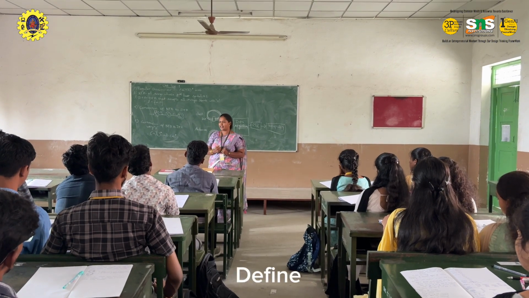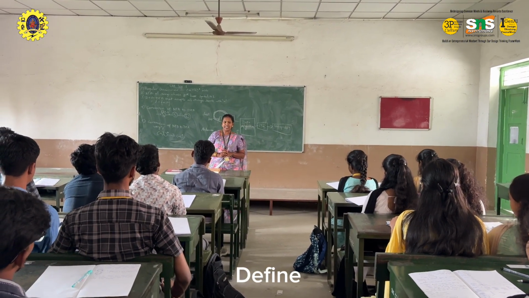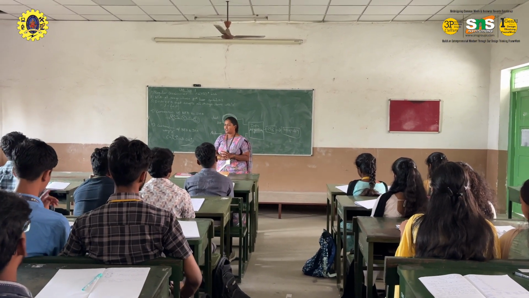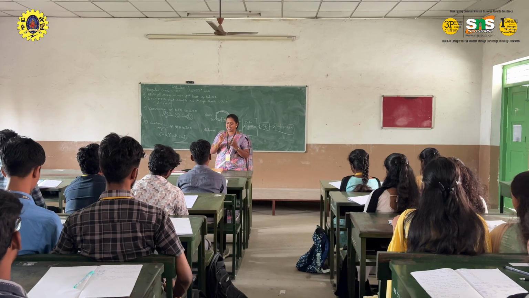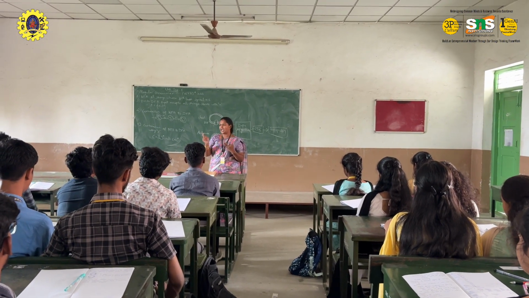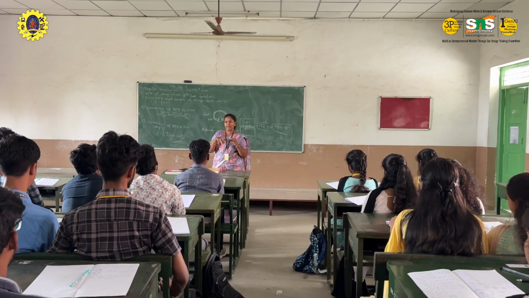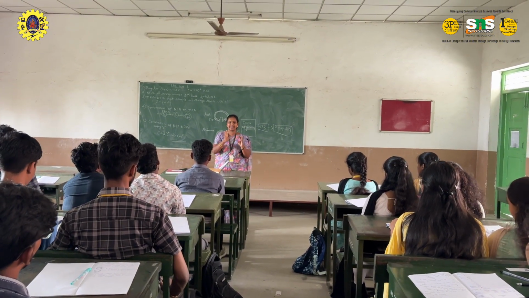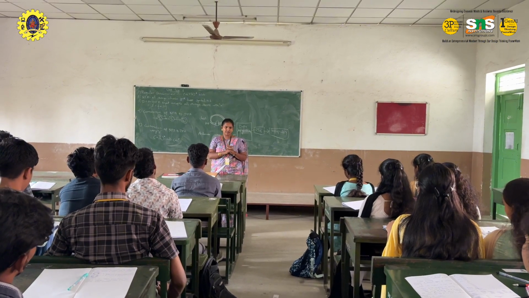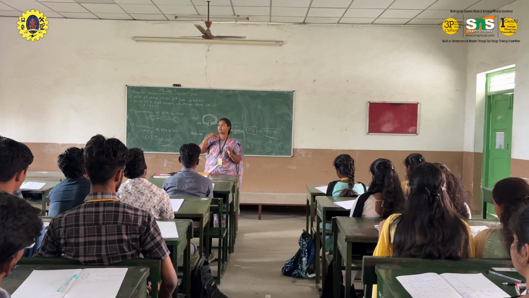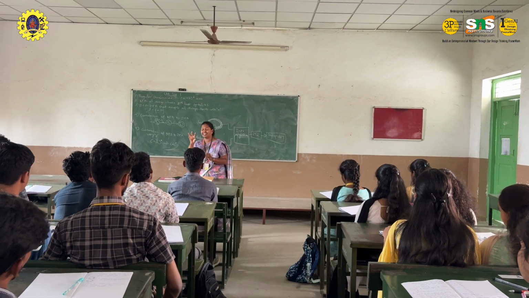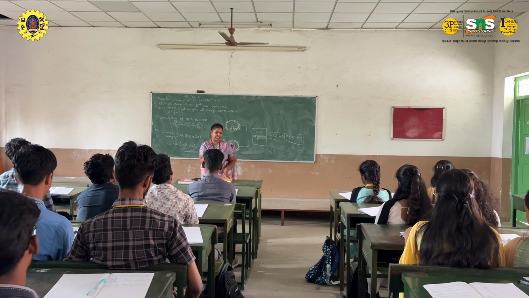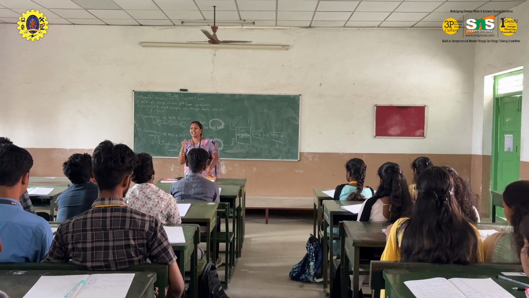Next part is define. What is define? It is the stage of creating a problem statement. So we know the user needs: health monitoring, fitness tracking and environmental factors. So my problem statement is that the user needs a comfortable way to track health with a health monitoring device, and the user needs to receive a timely alert from the health monitoring device systems.